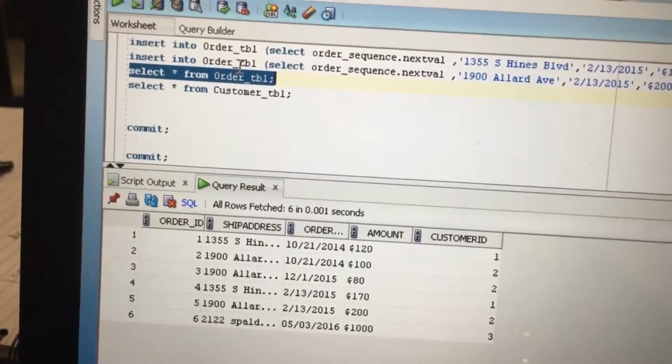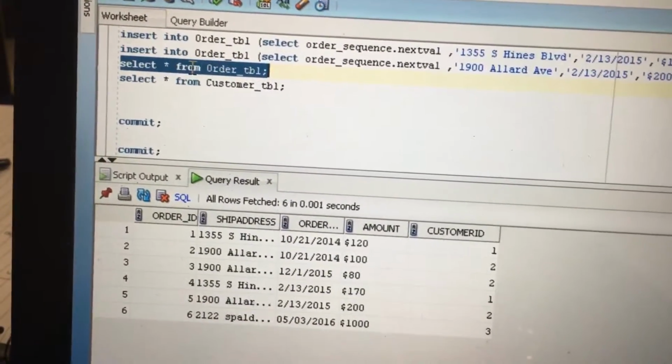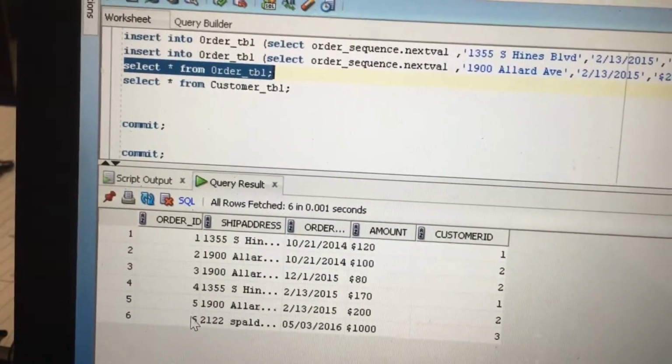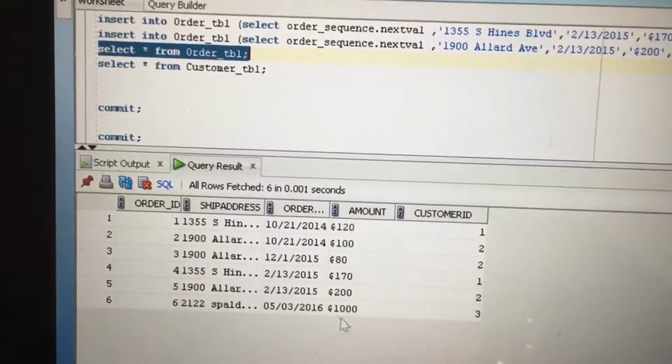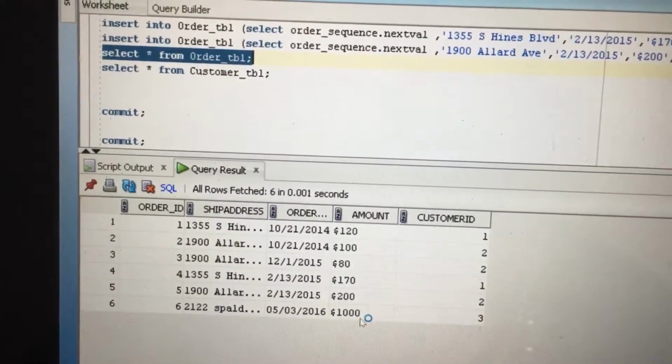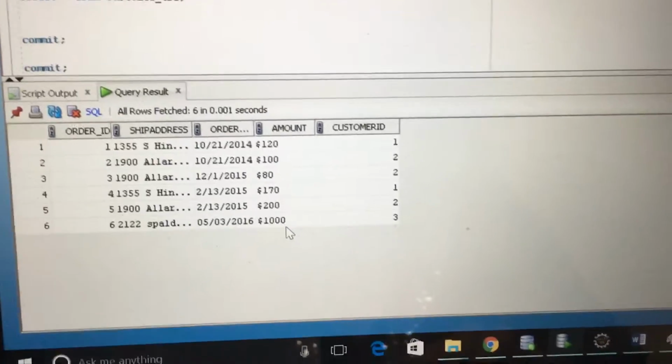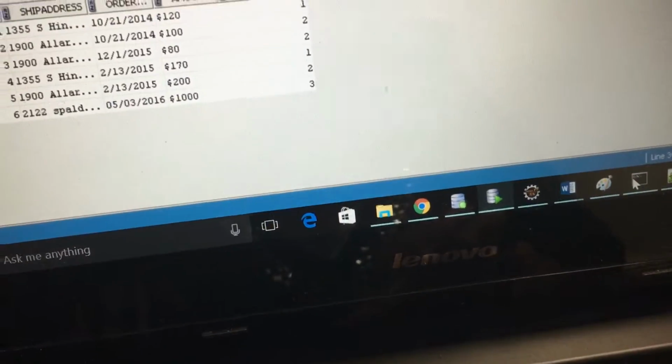I just ran the statement select star from order table, which gives the list of all the orders. Here for my order of ID 6, it's now changed to $1000. Thus the update order worked in curl. So next